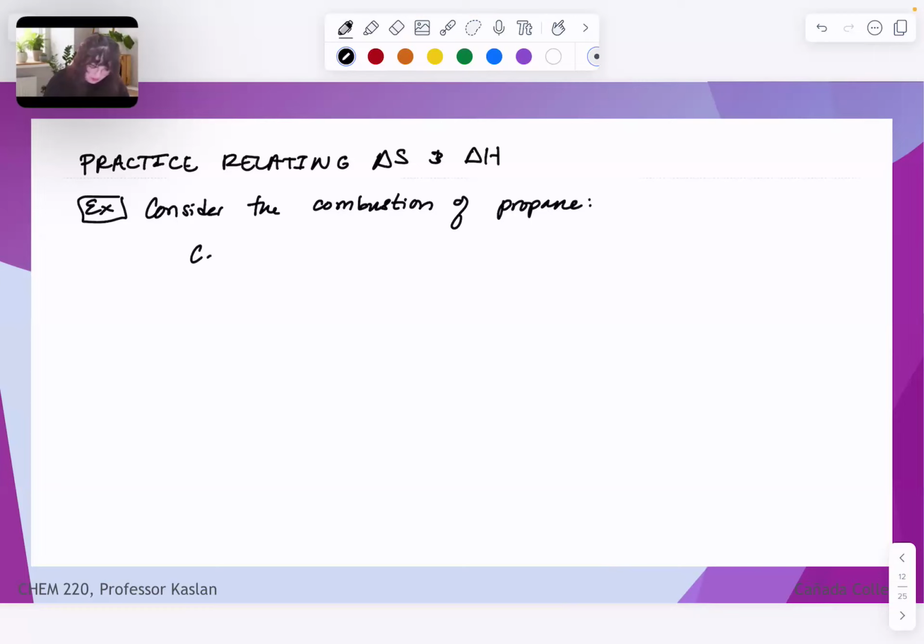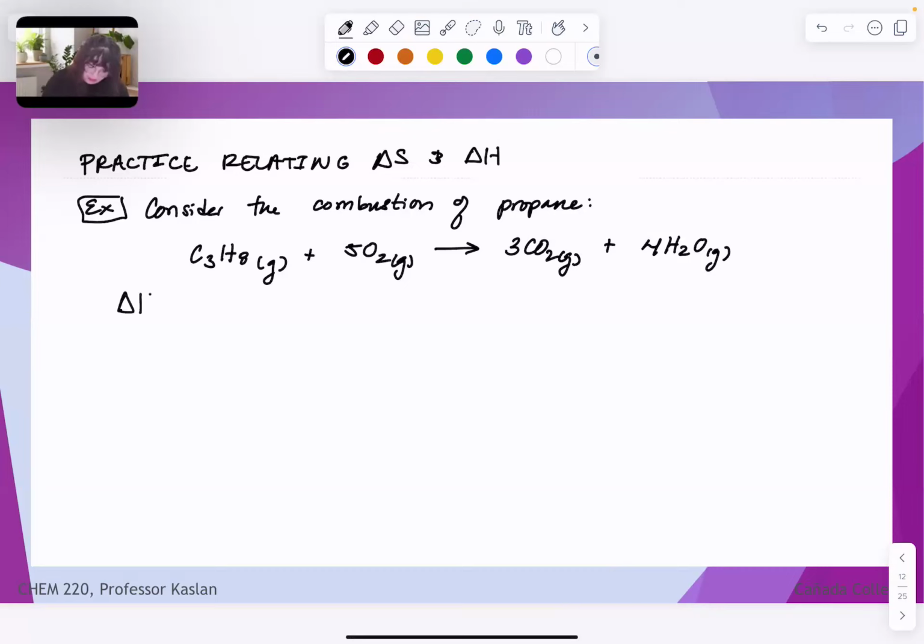So this is the reaction C3H8, propane gas, in the presence of 5 oxygen gas molecules reacting to form 3 carbon dioxides and 4 water vapors. We know that the heat of reaction is negative 2044 kilojoules. And let's see if we can figure out A,